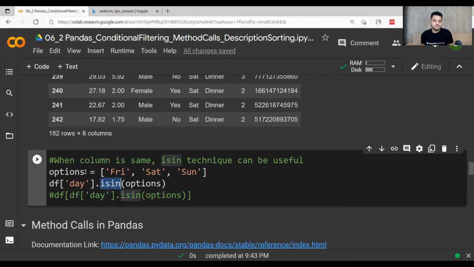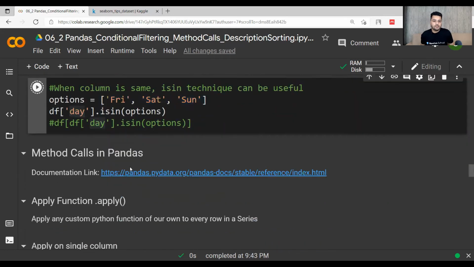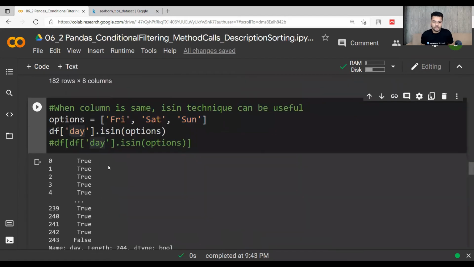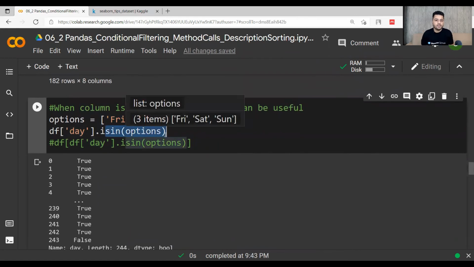It takes a list. Let's say we define a list options equal to Friday, Saturday, Sunday. Now if I do df day dot isin options, it gives me true and false values, because it is checking whether my df day value is in the options.